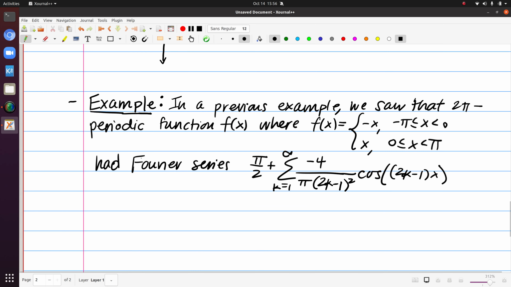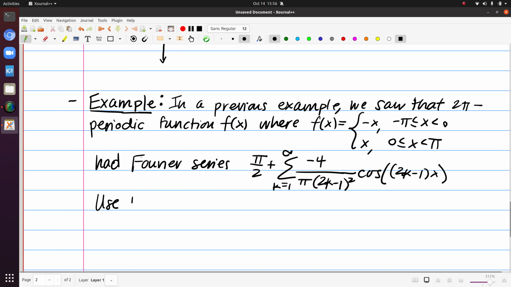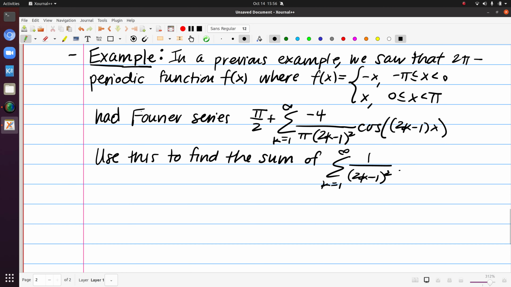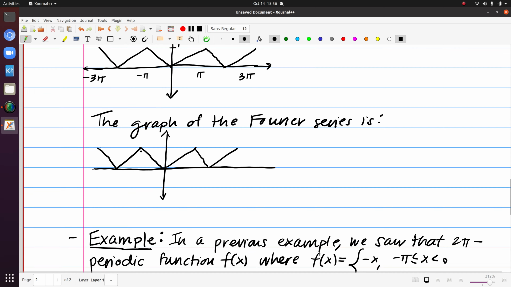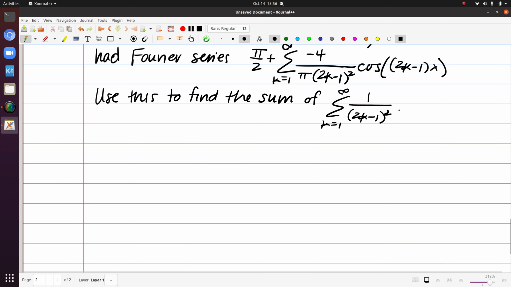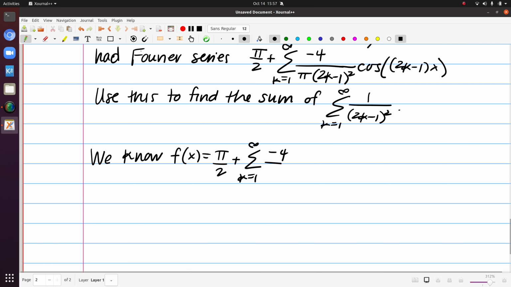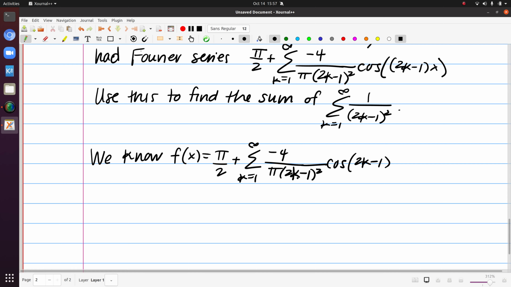So we went through the work of finding that before, but given that we have that relationship, let's now use this to find the sum from k equals 1 to infinity of 1 over 2k minus 1 squared. So the way to approach this is to think about the fact that I know that that Fourier series above converges everywhere where f of x is continuous. And in particular, we saw in the graph up here that that's actually for all x. So from the Fourier convergence theorem, we know that f of x is equal to this sum, with 2k minus 1 squared, cosine 2k minus 1 times x,